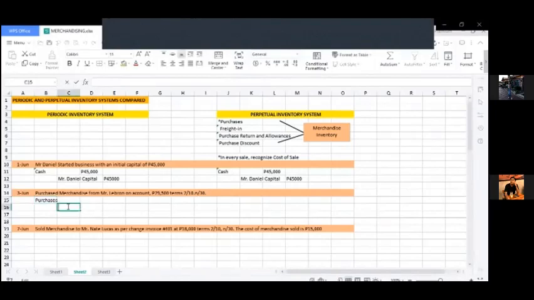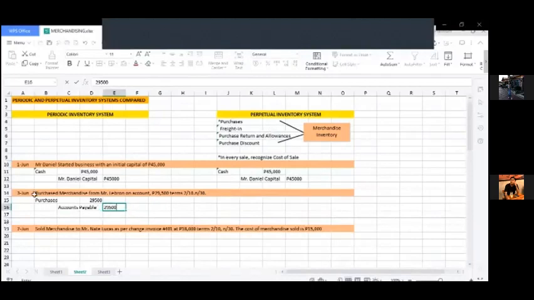Accounts payable. Magkano yung amount? 29,500. So, pagdating naman ng perpetual inventory system,